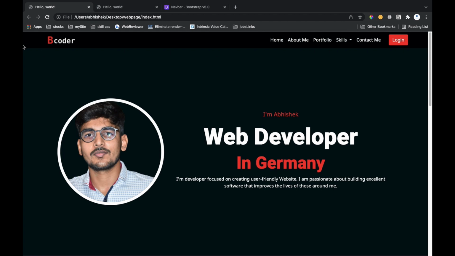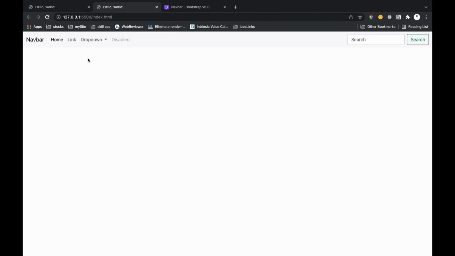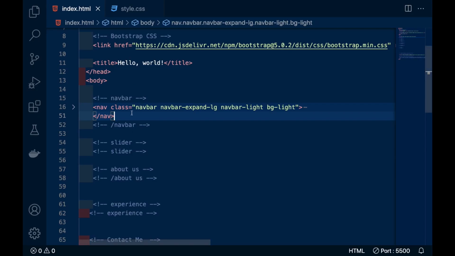It means it contains full width, but the inner content, like the logo and the last one, this login button, contains some margin from its left and right side. So here, when we see this one, it is not containing that margin. It is not like that. It started from here. The logo has started from here and the button is here. So I will show you how to put that margin.